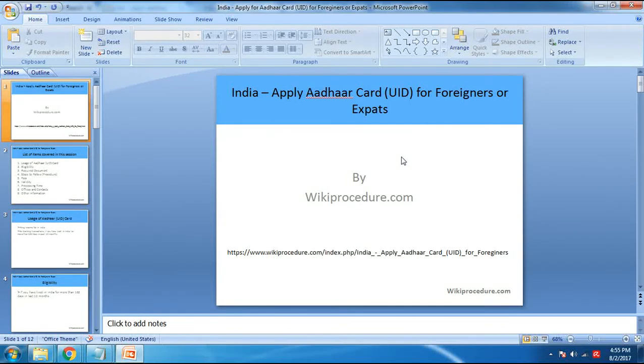In this session, I'm going to explain how a foreigner or an expat could apply for an Aadhaar card